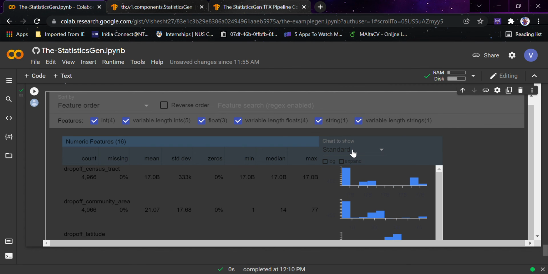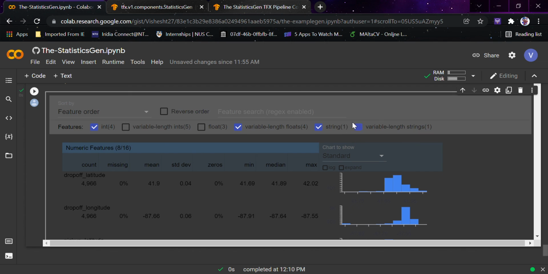Now I would recommend you very strongly to go to this notebook, and in this particular you would see int, variable lengths, int, float. Just remove them like this, and you can see the values changing here. So yeah, this is how the whole part is working out here.